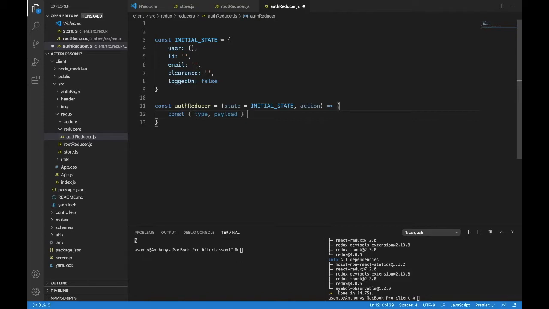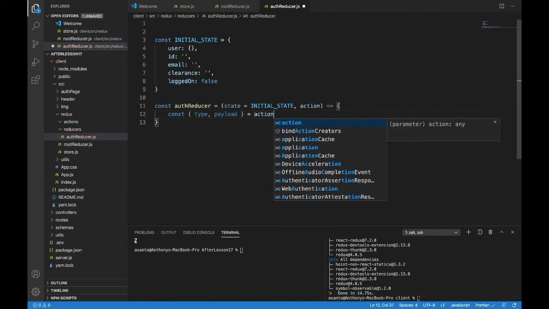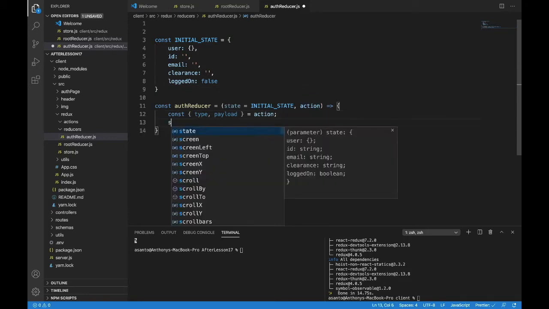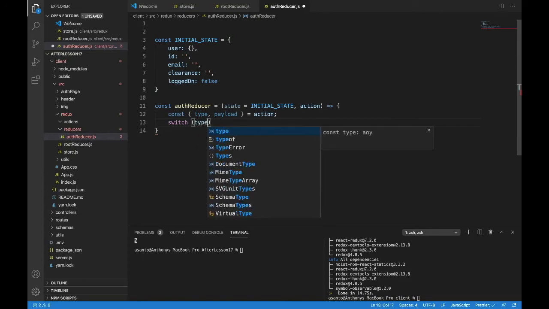So we have type and payload coming off the action. Imagine the action being an object with type and then a value, and payload and then a value. And the payload value can be an entire object as well. It could have many different values inside of it, but the type should be one thing that triggers our switch statement. So let's do our switch statement. So switch, and we'll switch over type,